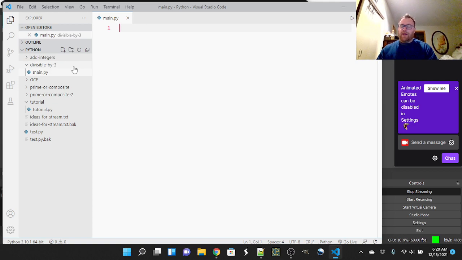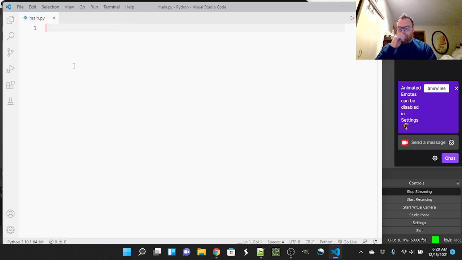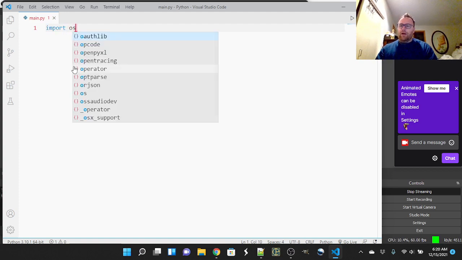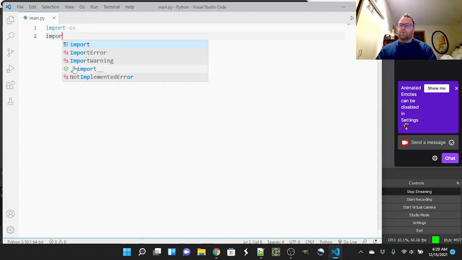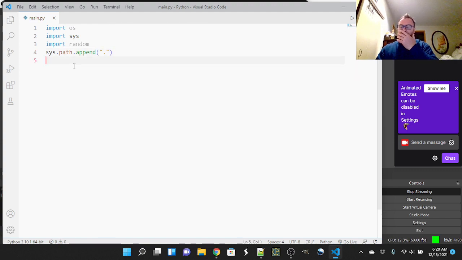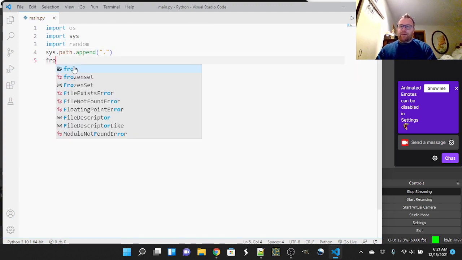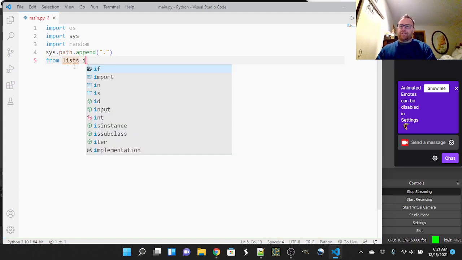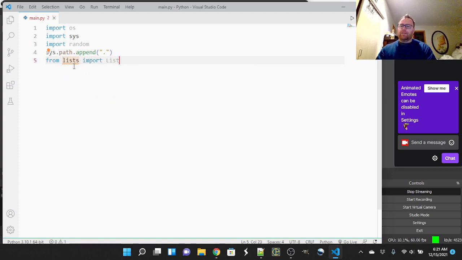I'm going to import some modules. So I'm going to do Control B to get this out of the way. I'm going to import OS, I'm going to import sys. I'm going to import random. That's a module that allows me to use some random stuff. I'm going to say sys.path.append and a dot there just so I can use some other files here. I'm going to say from lists import list,